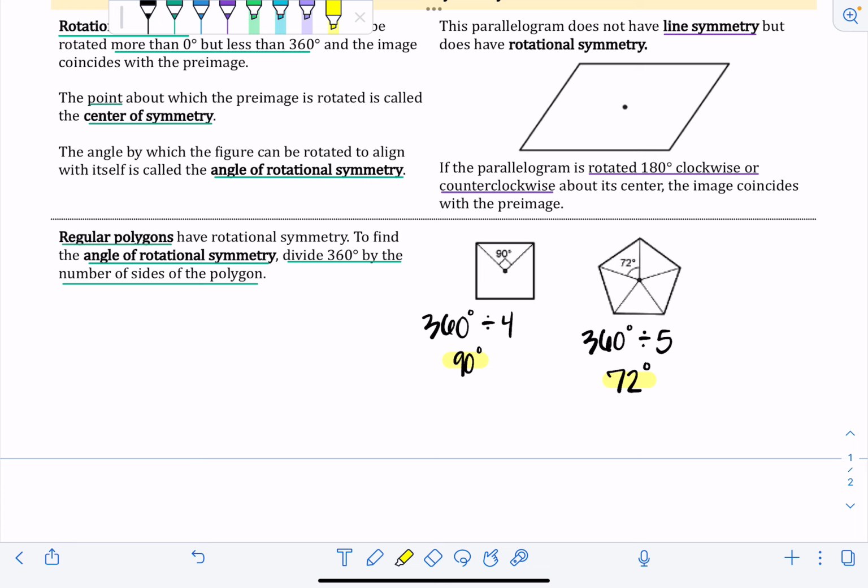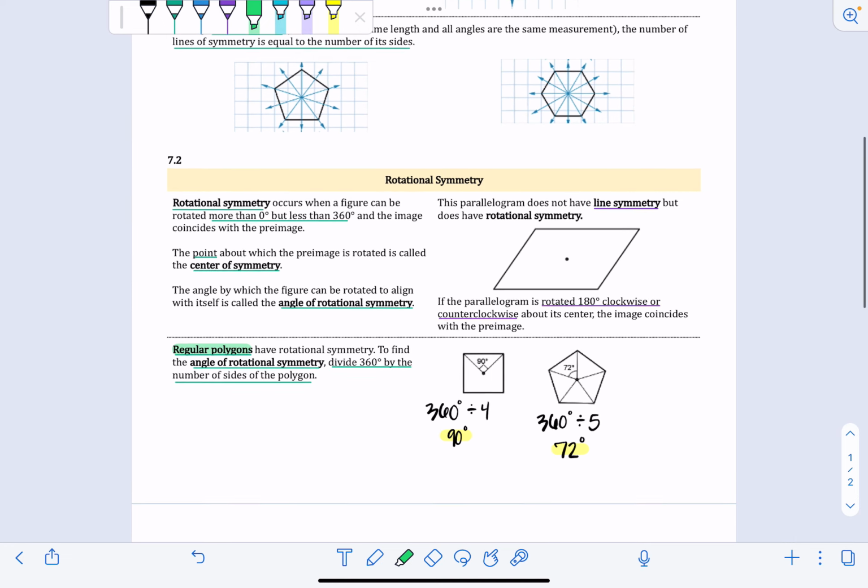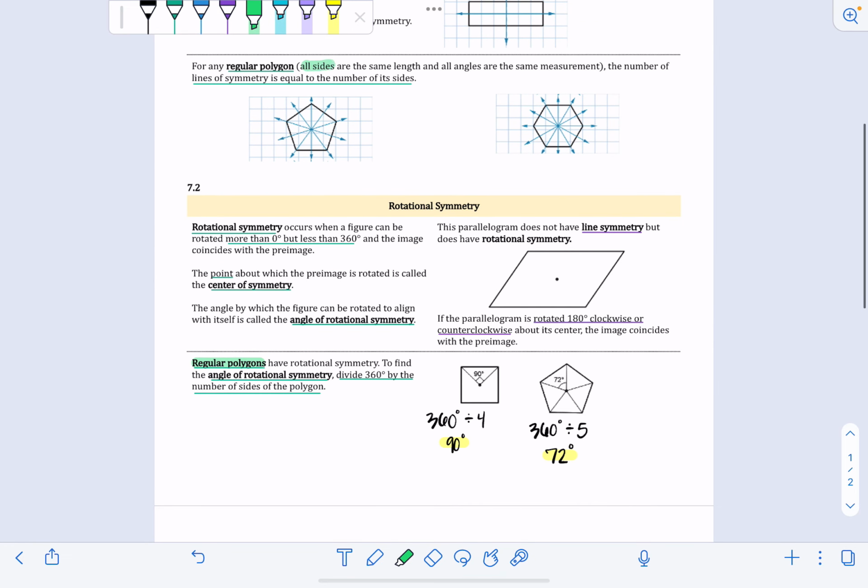But like I said, this is only for regular polygons, and we defined regular polygons up here. They have to have the same side length and the same angle measurement in all the angles. So like a square has 4 sides that are the same and 4